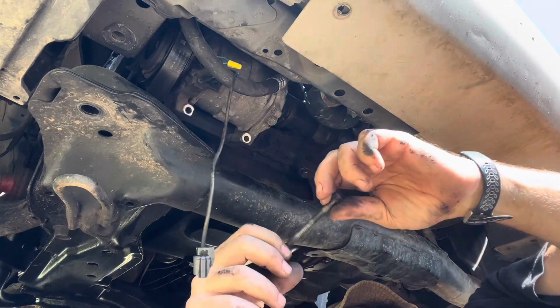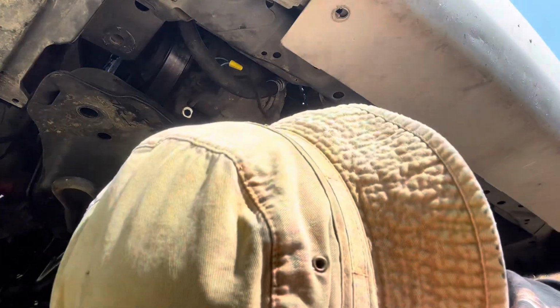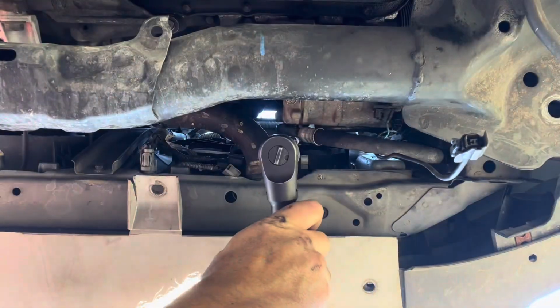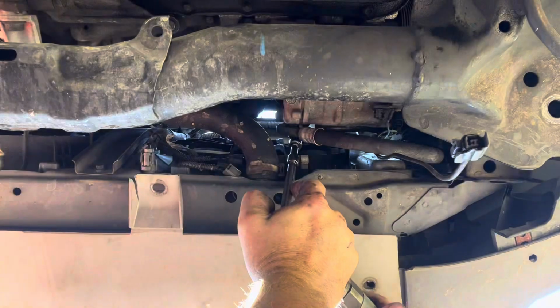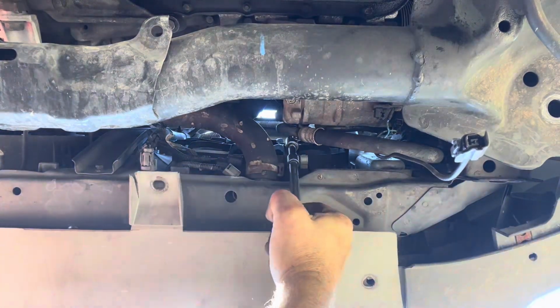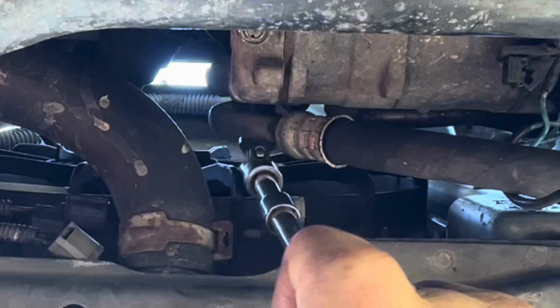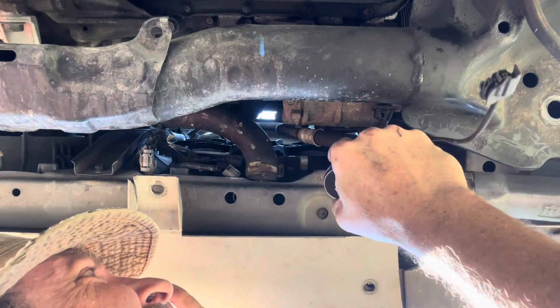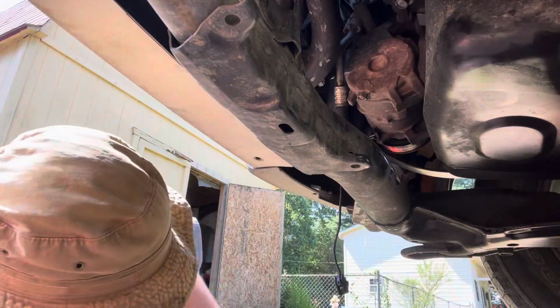2 bolts. Blind myself staring into the sun. All right, let's see if this works. I got a wobble on a socket, on a wobble on an extension. Whoa. It's a little tricky to see because I'm looking into the freaking sun. There's those 2 bolts. Well, now if we can wrestle that out,